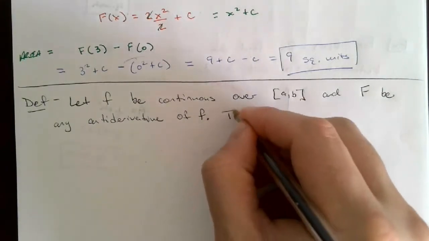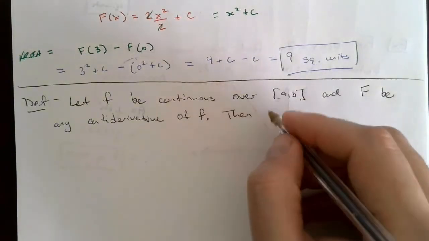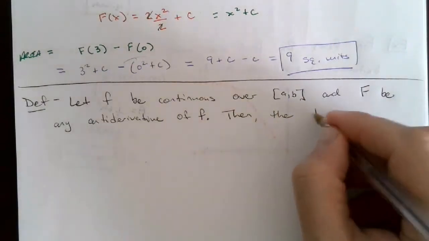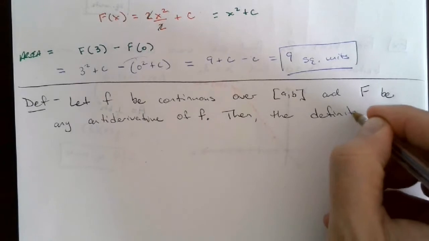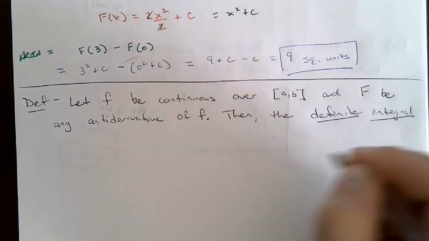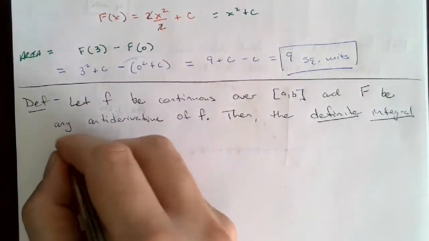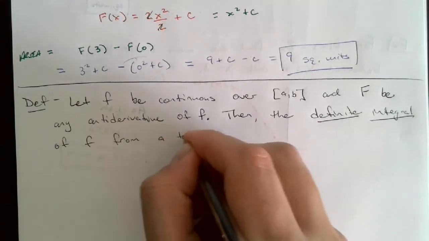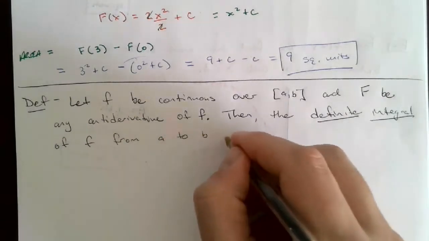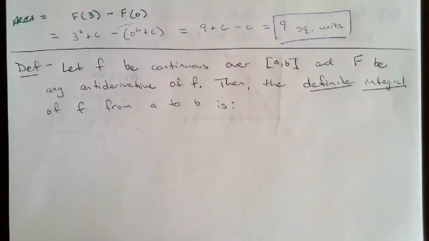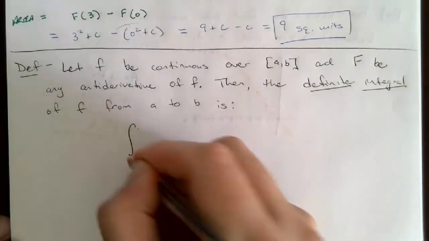Then what we call the definite integral of f from a to b is, that's the definite integral of f from a to b, and it's given by, right, take the antiderivative of,